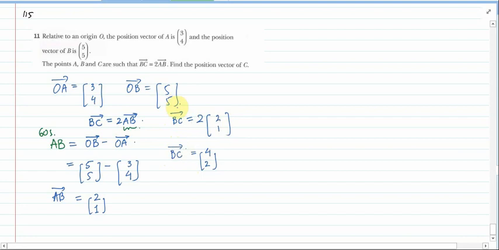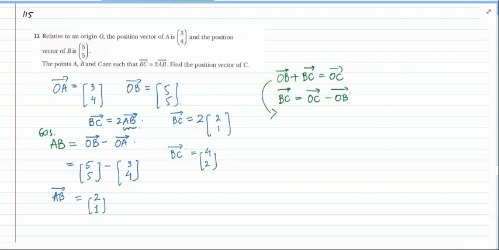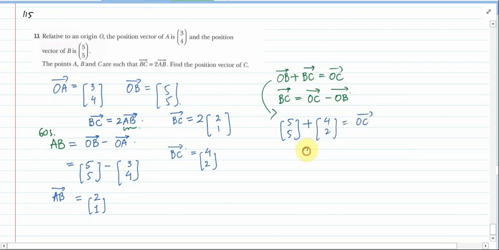Alright, and after that with the help of BC we can find the position vector of C, and the equation will be OB plus BC is equal to OC, or we can say directly that BC is equal to OC minus OB. Since we are looking for OC here, I'm going to use this equation. So OB, it's given that is (5, 5). BC we have found out is (4, 2), which leads to OC, which we are looking for. So 5 plus 4 is 9, 5 plus 2 is 7. So (9, 7) are the